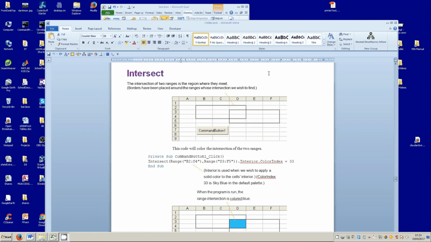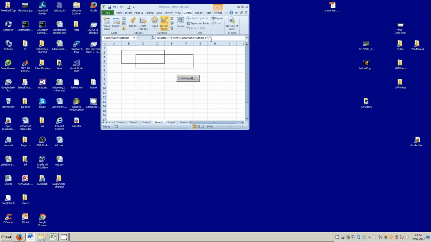Intersect is a way of, if we have two regions here, two ranges, then we want to find the intersection, so where they meet basically. Then we use this command, the intersect, where we specify two ranges like this. So what I've done on the spreadsheet, I've made my two ranges, and these are the correct ranges, and I want to find the intersection, which is this little section in here. So I'll go to the code